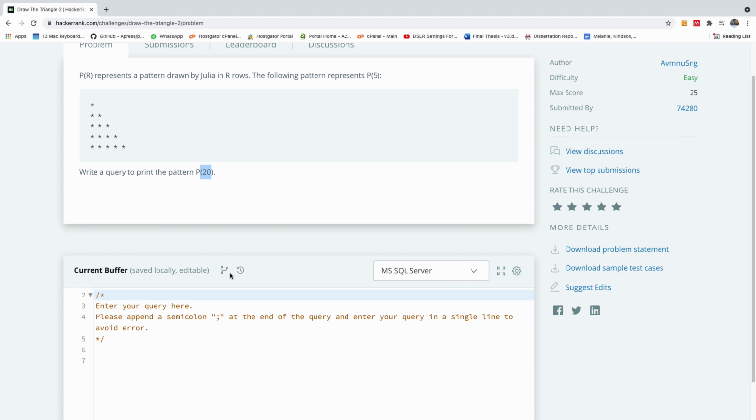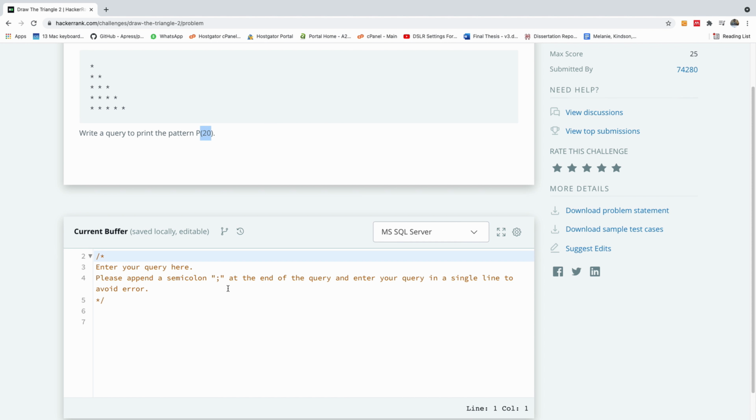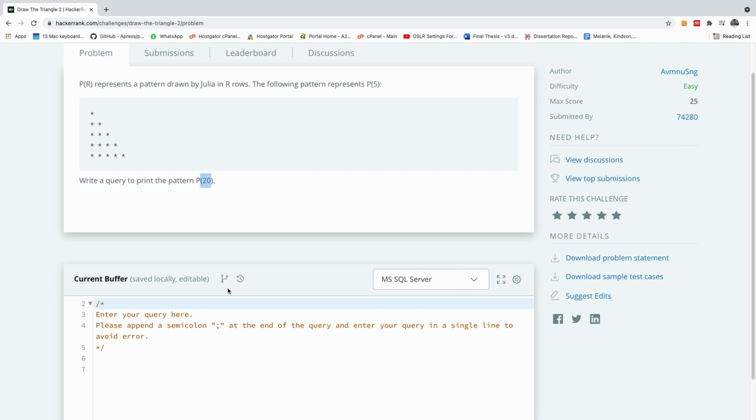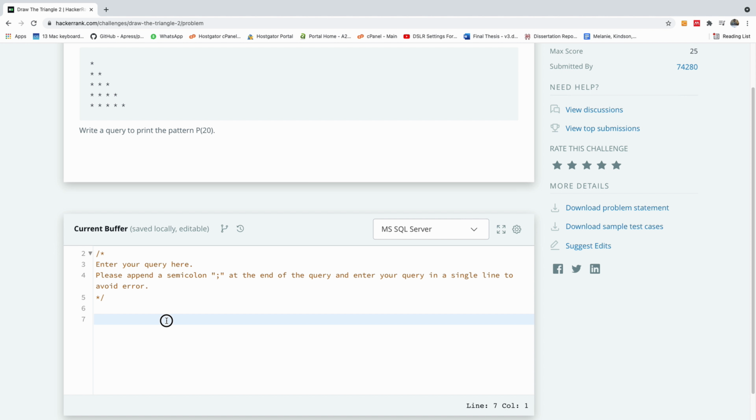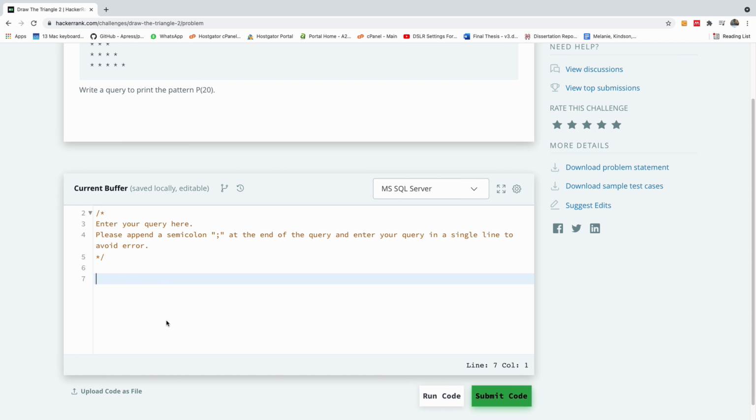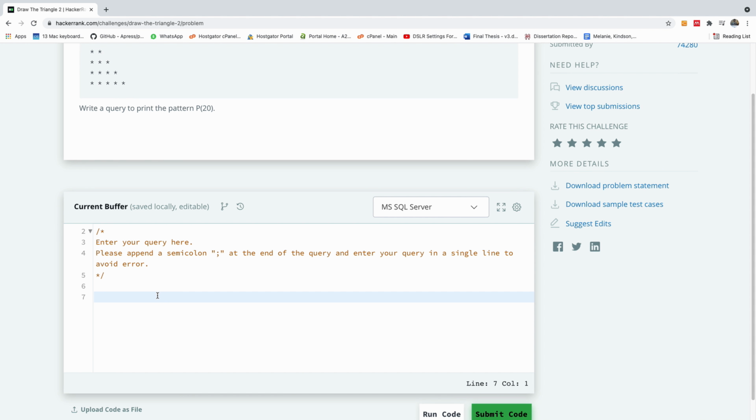So how does it work? Basically we are going to use a loop. For each loop we are going to print for a counter for 1, and then we increase the counter until we have up to 20. So the best thing to do is to write this query, to write this code out,